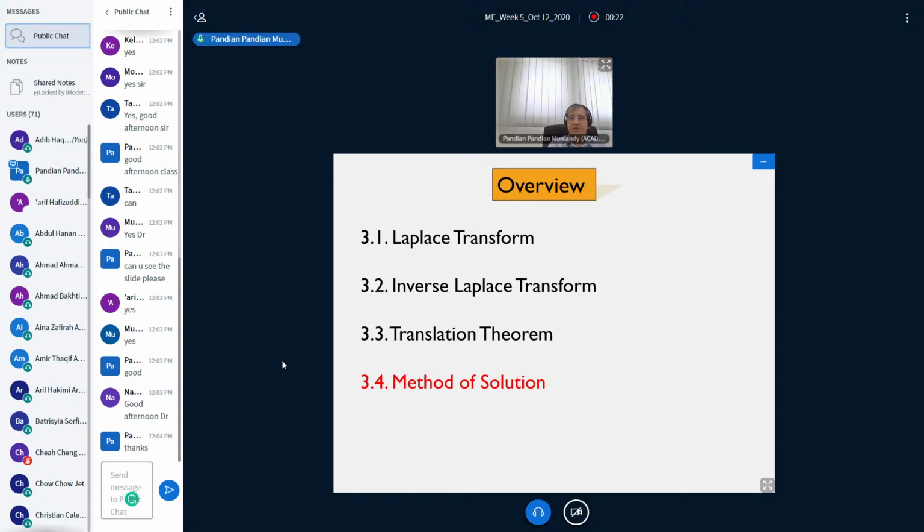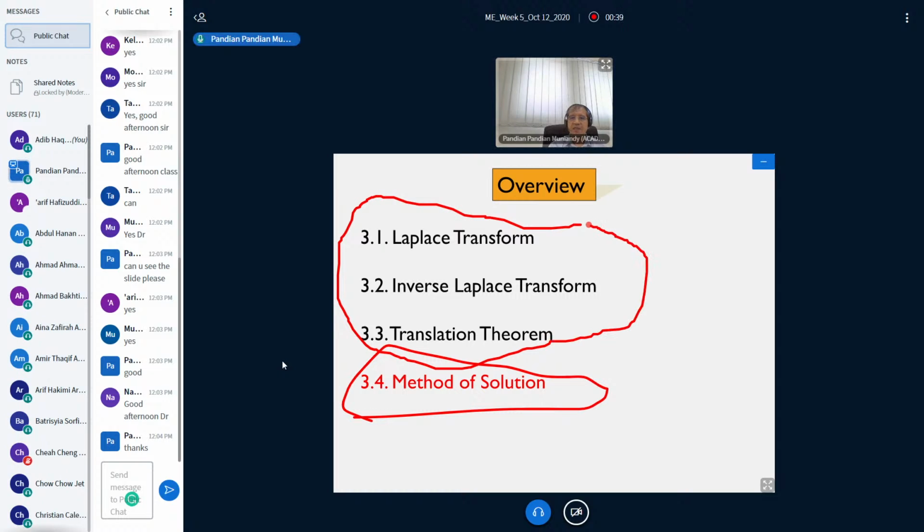So today we are going to solve the ordinary differential equation. That's why the title is method of solution. Meaning you want to apply all these three: Laplace transform, inverse Laplace transform, and translation theorem. All these three we want to apply. Another thing is this method, what we call the Laplace transformation method, is an alternative method to solve